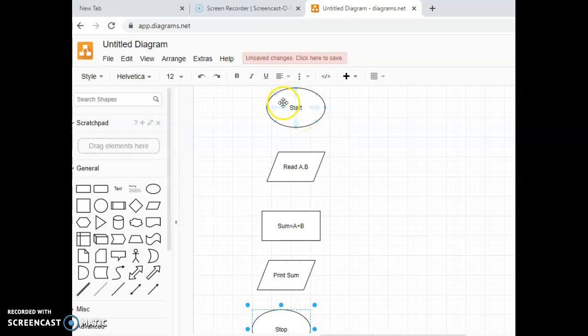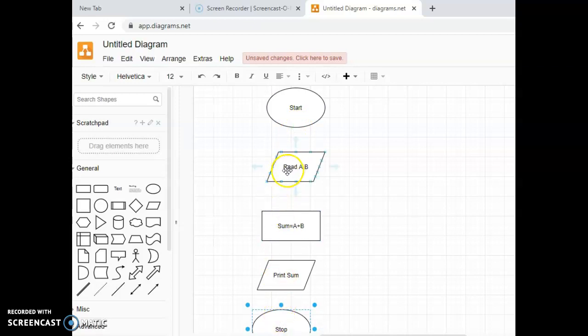Let me once again explain the various symbols that we have used in this particular problem. The terminal, that is your ellipse symbol, is mainly used to indicate the start and the stop of your particular program. That is basically used to indicate the beginning and the ending of your particular program.